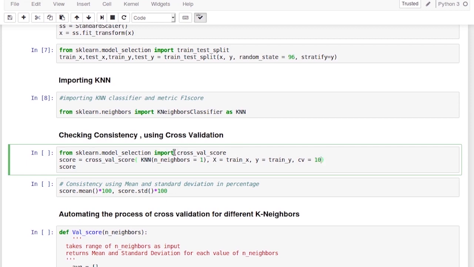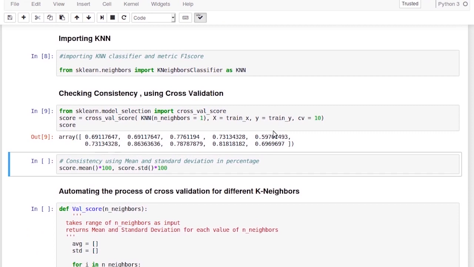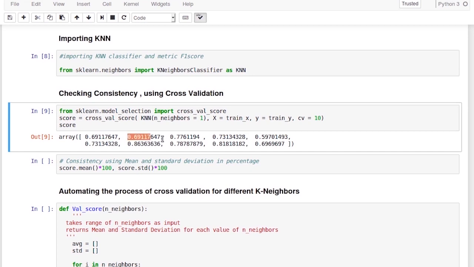So this cross-val score will return an array of 10 values, which will consist the validation score for each of the folds. So let's see that. Here are the 10 values. Now the list by itself is not of much use, so we'll take the mean of these scores. Now if you think about it, higher mean would imply a better model. Why? Because we want that the model should perform well or get a higher score in each of these validation sets, right? So if each of these score is high, the overall mean would be high.